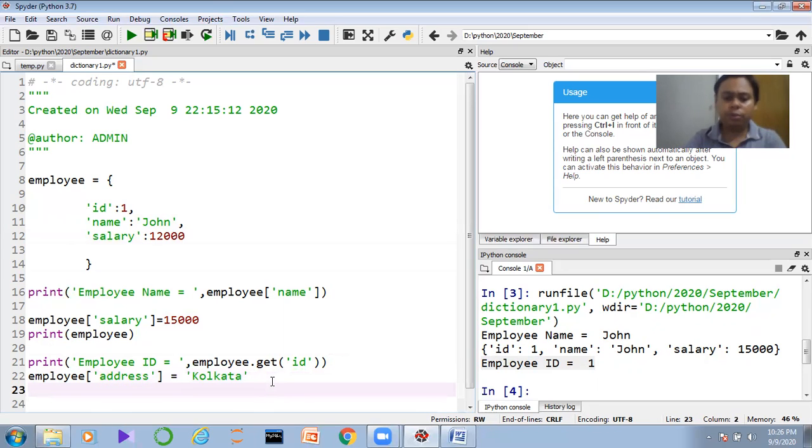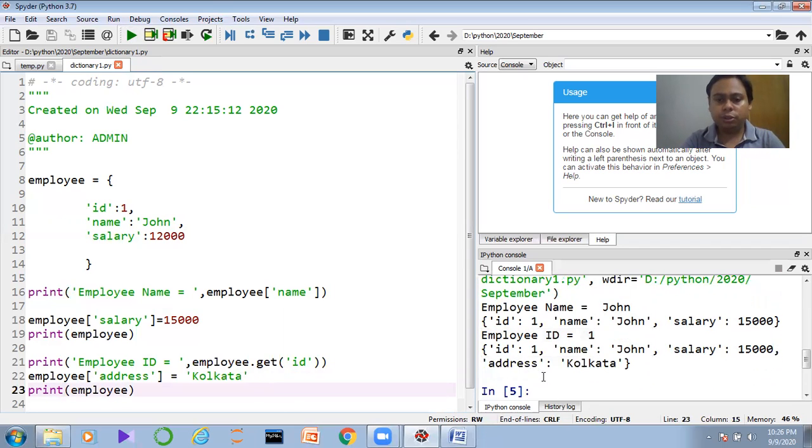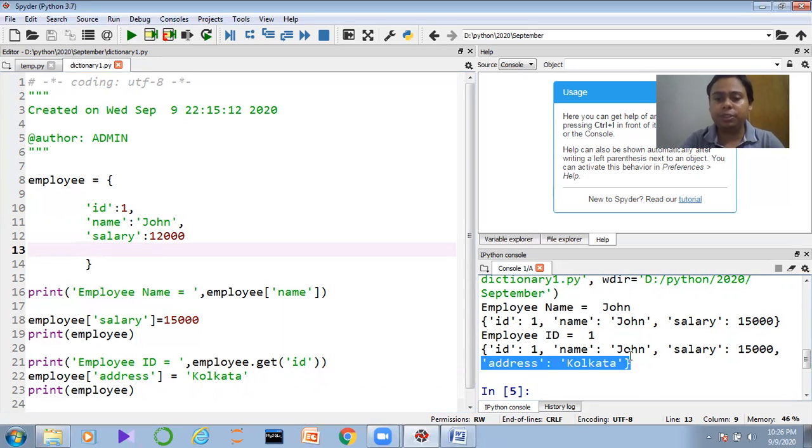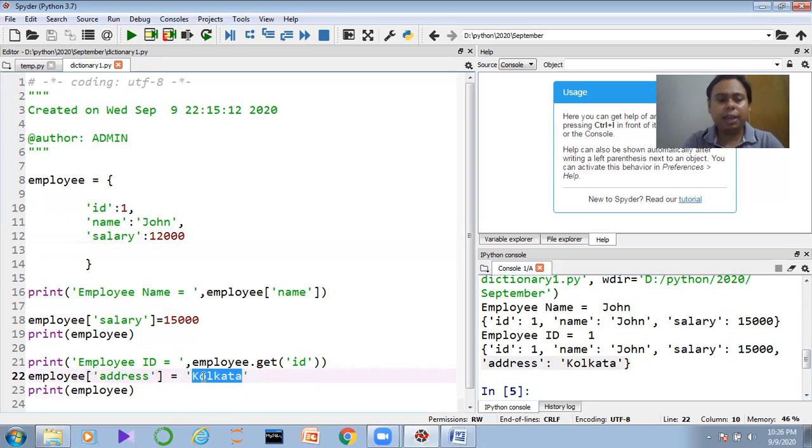Now if I want to print the information, I write employee, then execute the code. Here I am getting the address Kolkata, but it was not there at design time, or earlier this information was not present. Why is the information coming? Because I am adding the information at runtime. So I am just assigning the key here, followed by the value. That is one way to assign the data.